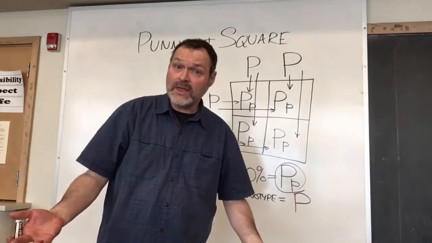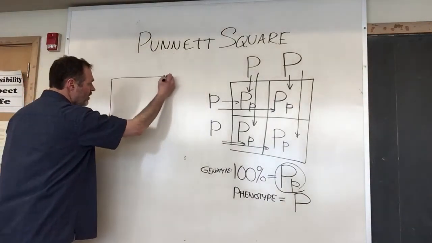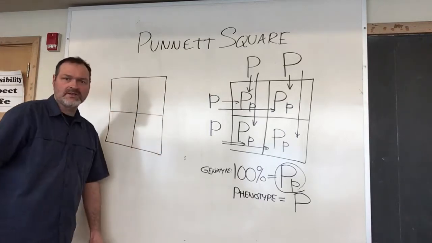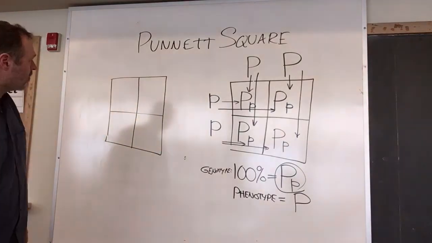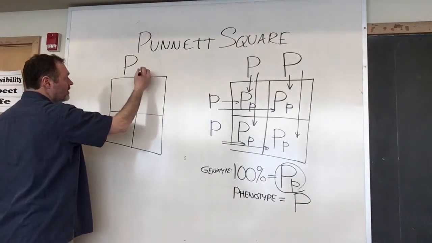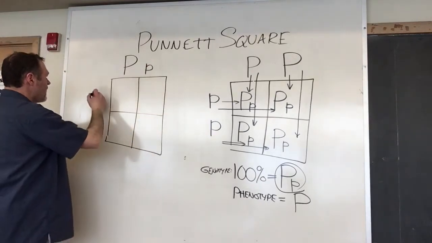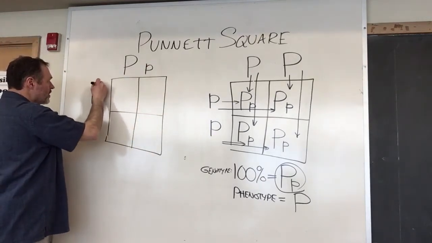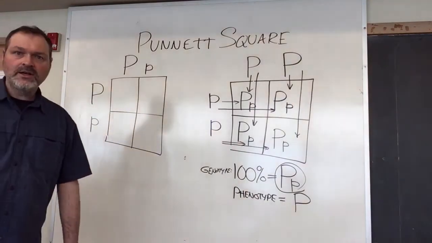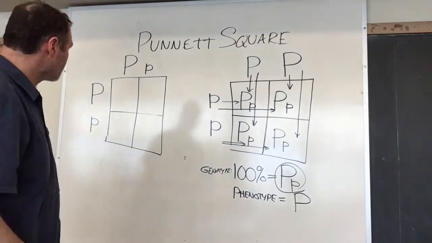So let's look at that next generation. Let's say over here, we've got a different scenario. Here's a new Punnett square. And in this Punnett square, we have a hybrid plant and another hybrid plant for this particular genetic trait, flower color. Okay,